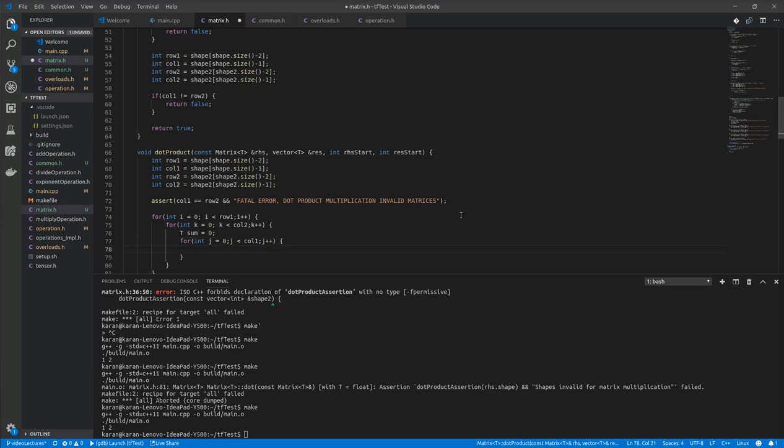This is just a matrix multiplication, and then let's say sum plus equal to val,